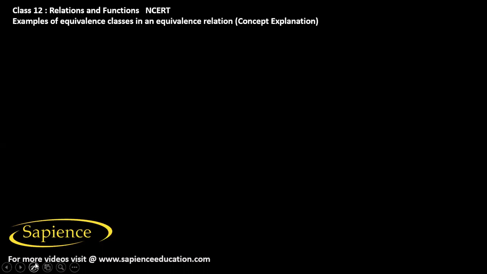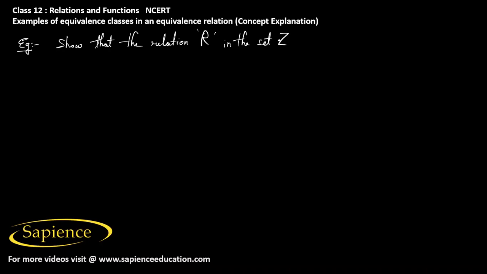So here we have to give some examples on equivalence classes in an equivalence relation. The example is, suppose it is asked to show that the relation R in the set Z of all integers. So Z is the set of all integers. It means R is a subset of Z cross Z. So R is a relation in the set Z of integers,